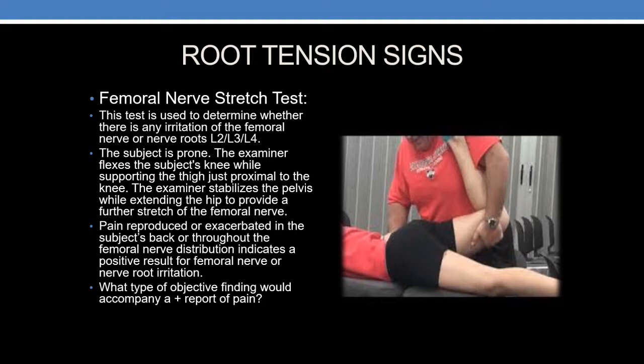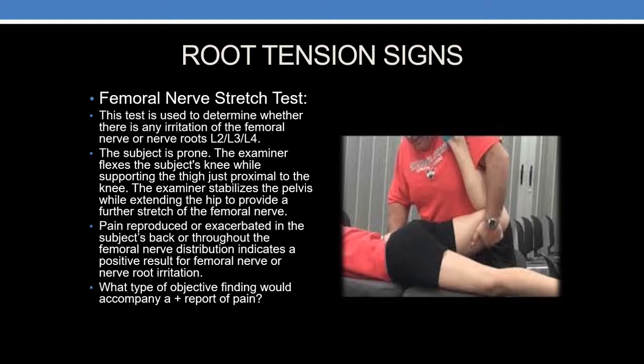The examiner then stabilizes the pelvis and extends the thigh at the hip to provide a stretch of the femoral nerve. And recall that the femoral nerve crosses the hip joint as it comes off the psoas muscle and leaves the pelvis and enters the leg. It crosses the hip joint to enter the thigh, and so extension at the thigh with flexion at the knee, and the purpose of flexion of the knee is to further tension the anterior structures of the thigh, including the quadricep muscle, the rectus femoris muscle, and the femoral nerve and their nerve